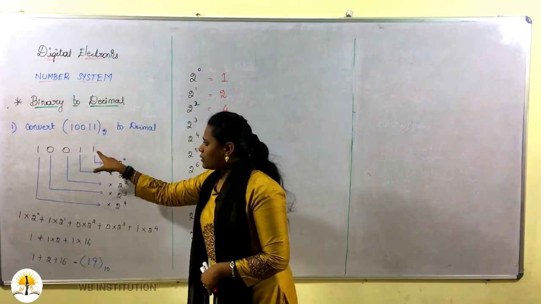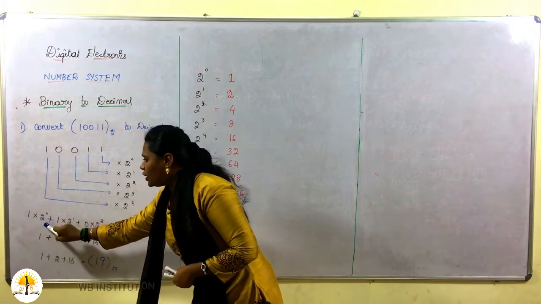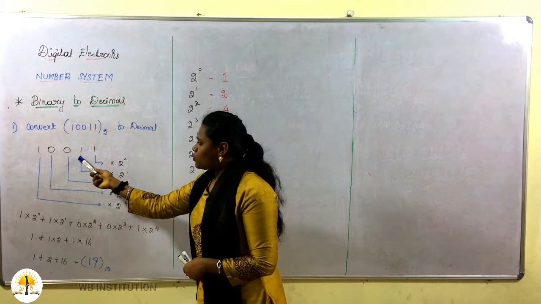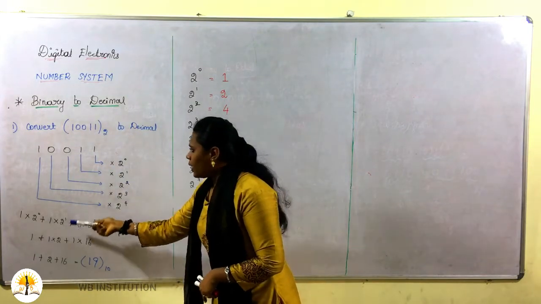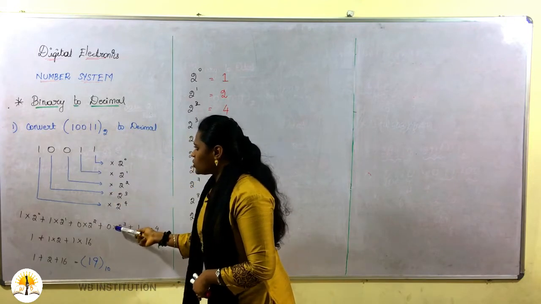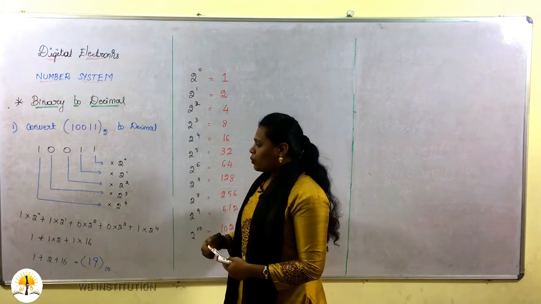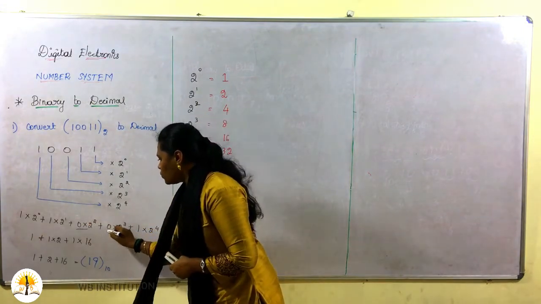So this one is termed as 1. So 1 is written there, 1 into 2 power 0. 1 must be multiplied with this bit, and the next term is what? Again 1. 1 must be multiplied with 2 power 1, and 0 for this one, and the last one is multiplied with 1 into 2 power 4. Whatever is multiplied with 0 will become 0. So these two terms will become 0.